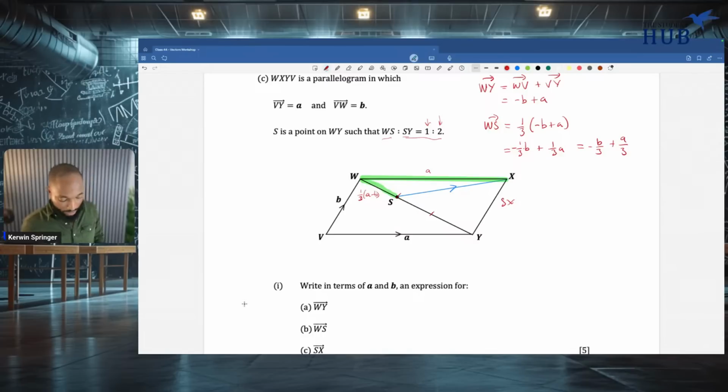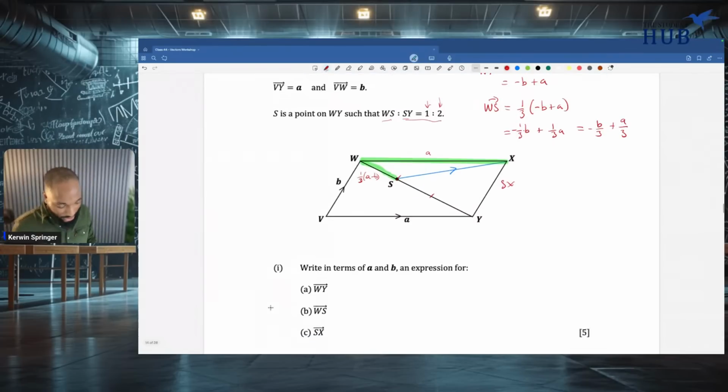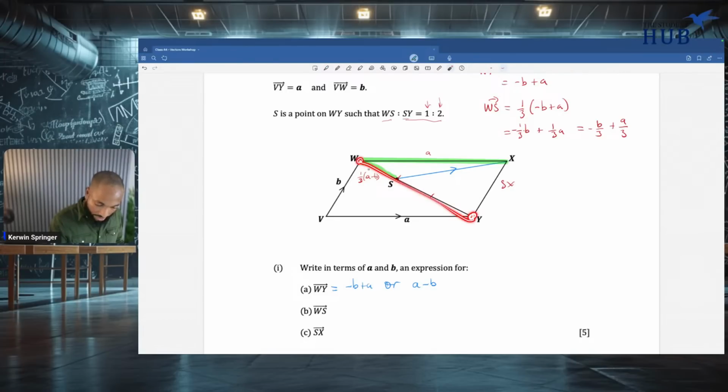Just a quick recap. Stay with me. Everybody was at the WY, and there's like, nah, WY real easy. WY is the first one we figured out, and that's minus B plus A. Or we can write this as A minus B. Everybody understood that. WY is this whole long thing here. Instead of doing WY directly, we went backwards on this, so that means it's minus B. We went forward on this, that means it's A. So minus B plus A is WY.